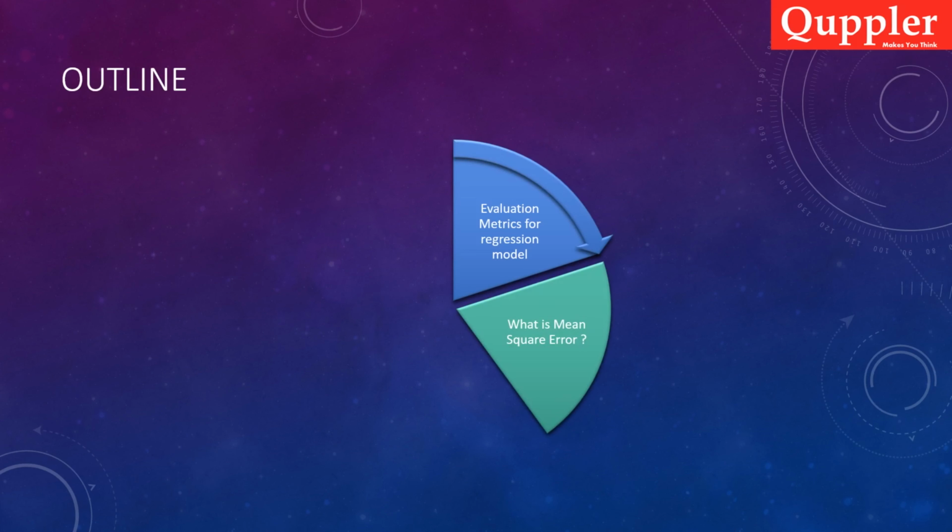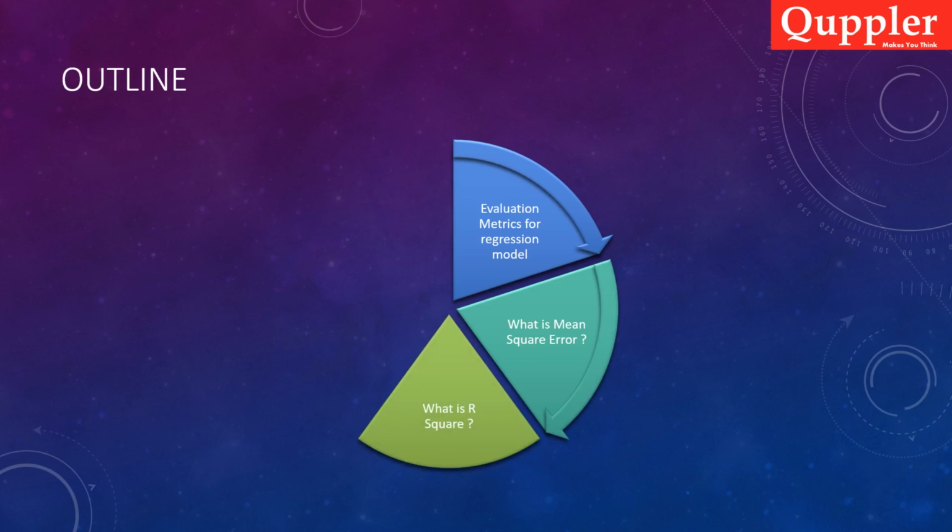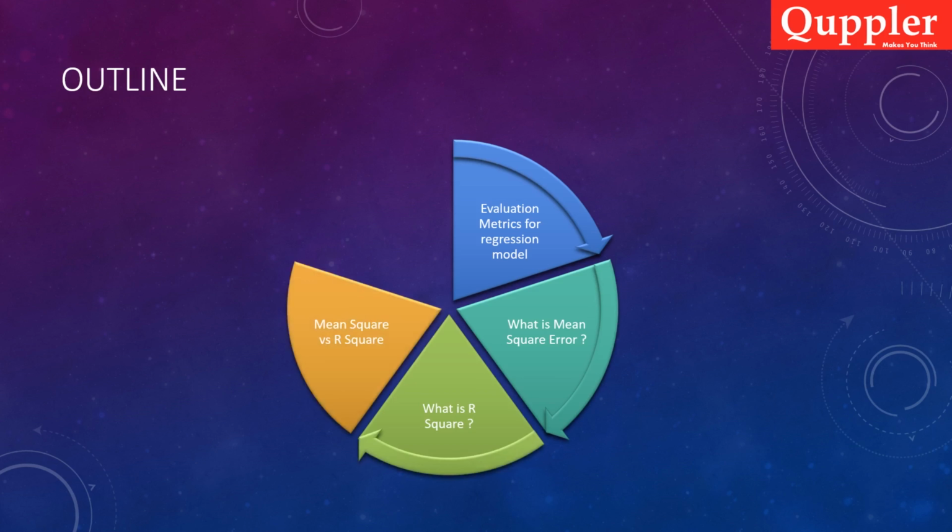Then we're going to move on to understanding the types, like what is mean square error. We're going to understand that mathematically, like how we can solve it. In a similar fashion, we're going to do it for r square as well. We're going to see that theoretically and mathematically, how it behaves, and then we're going to compare both mean square and r square visually by plotting them in a 2D graph to understand it in a more